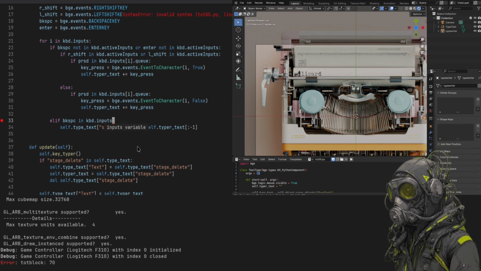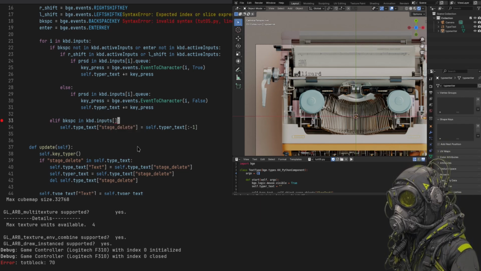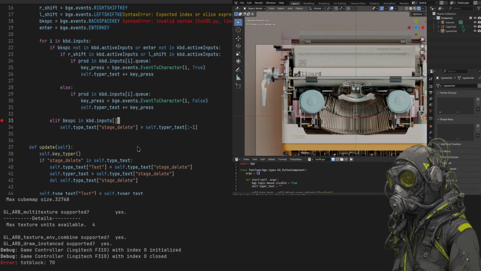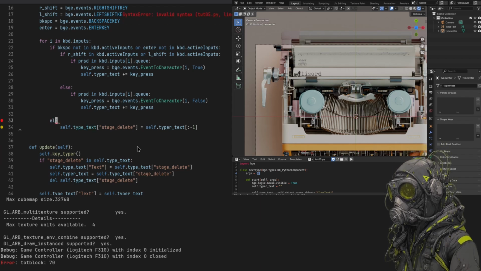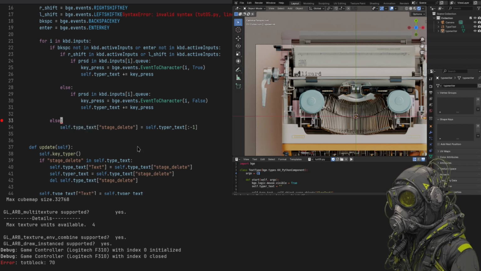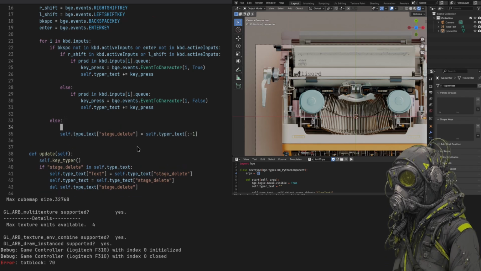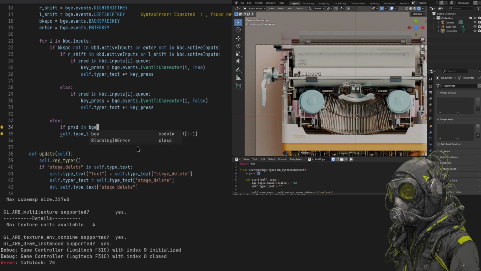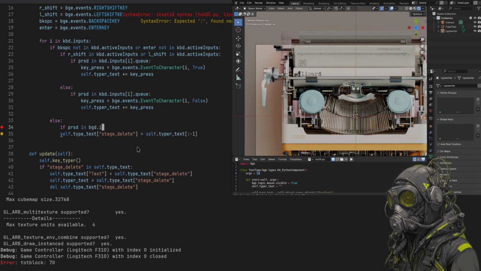If backspace and keyboard inputs, oh, we have to do it pressed, huh? Let's do else. If pressed in keyboard dot inputs,